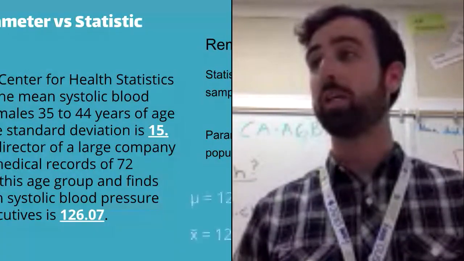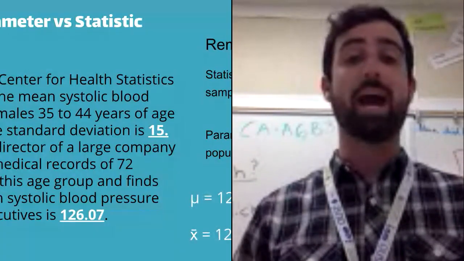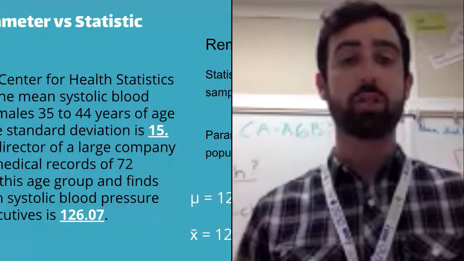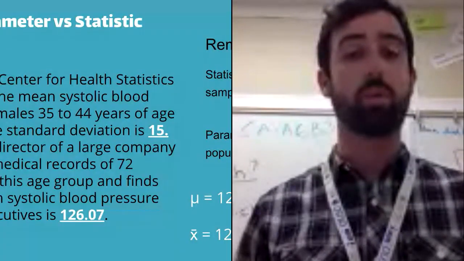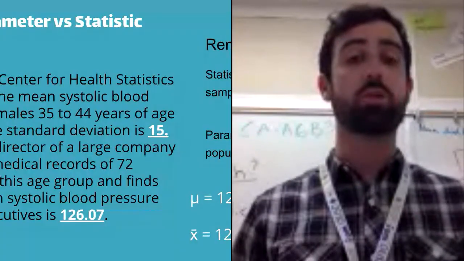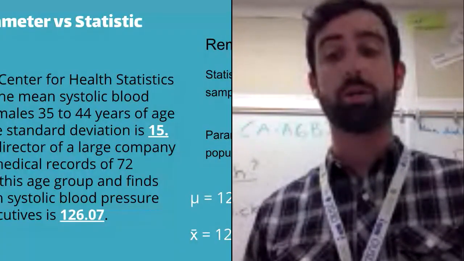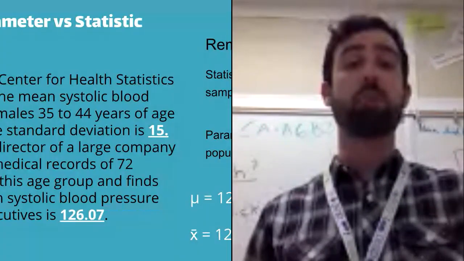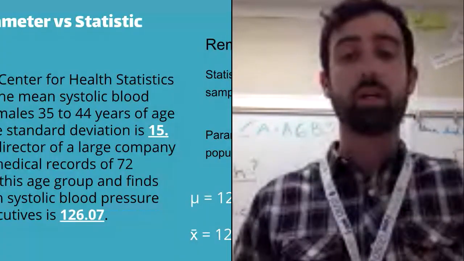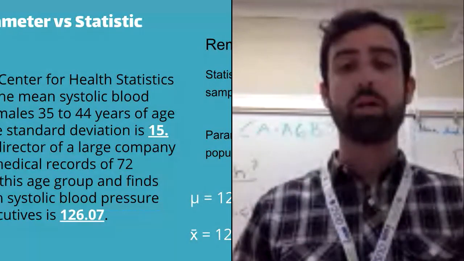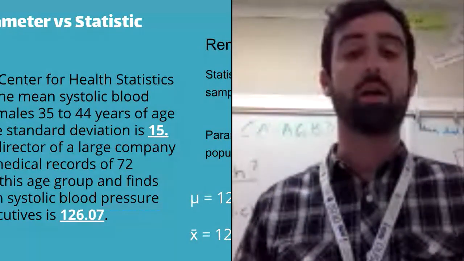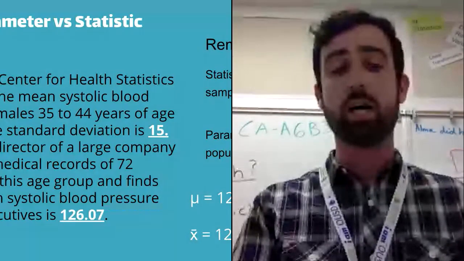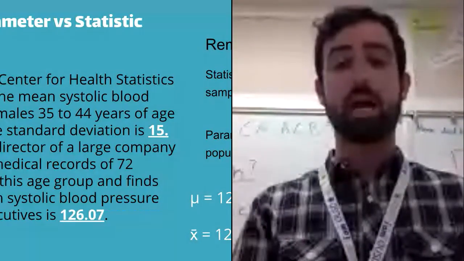So diving into it, hopefully you got this. The average is going to be 128, which is our population average. So that is going to be our mu, or our parameter. Sigma is also describing a population. So it's a parameter. So we use sigma. And then our 126.07 came from only the 72 people that we surveyed, or that we got medical records from. So that's going to be our X bar. That's going to be our statistic. All right, so just a quick review. If you have more questions on it, go ahead and ask in the question tab down there, and I can definitely